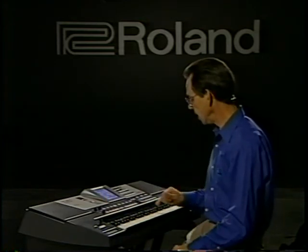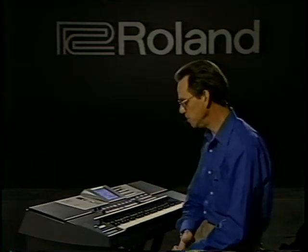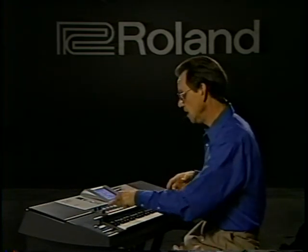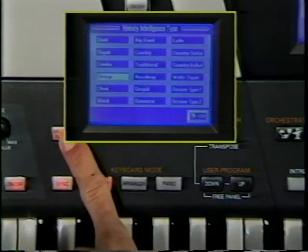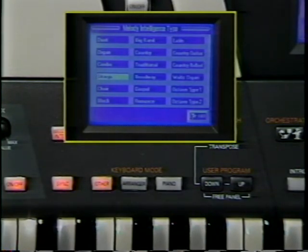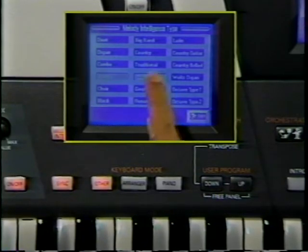Well, not everybody does that, and so we want you to know that melody intelligence not only plays multiple tones and sounds for you for the right hand, but it does different kinds. Let me press and hold melody intelligence. In the screen, you see it says strings. Of course, I've set it up to do this. Now I have a whole orchestra of strings, or if I press